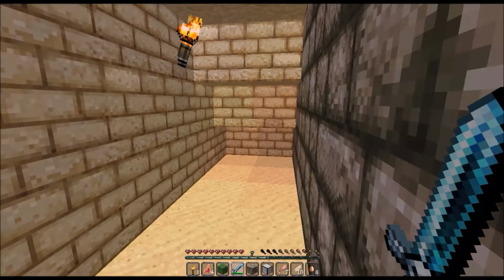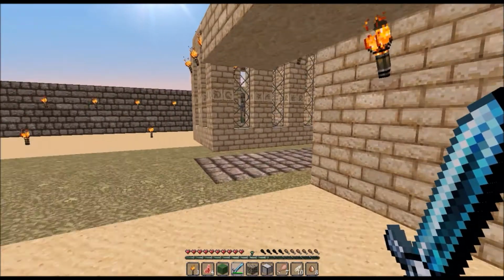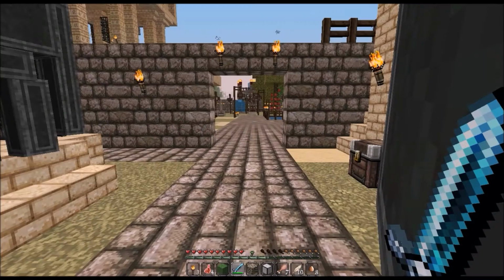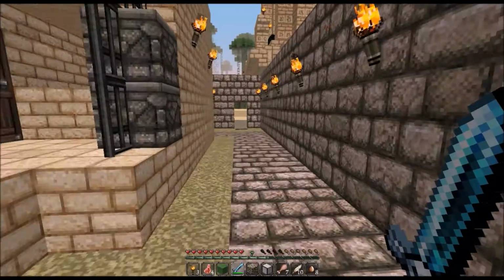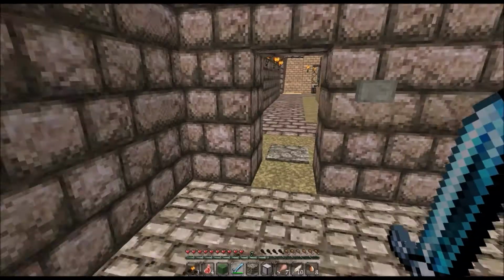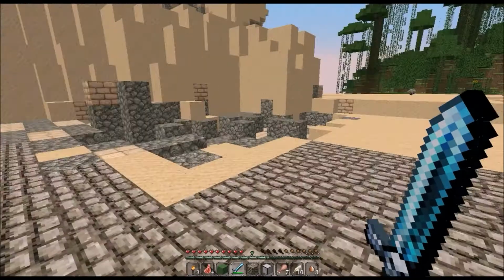Oh, can't get out that way. Well, something killed the chicken. Wonder what it was. No, get out of my way, dude. Oh, wow. What happened to... There's a door missing. That's not cool. That's not cool at all. I wonder if I have... No, I don't have a door. Well, this is just... Well...